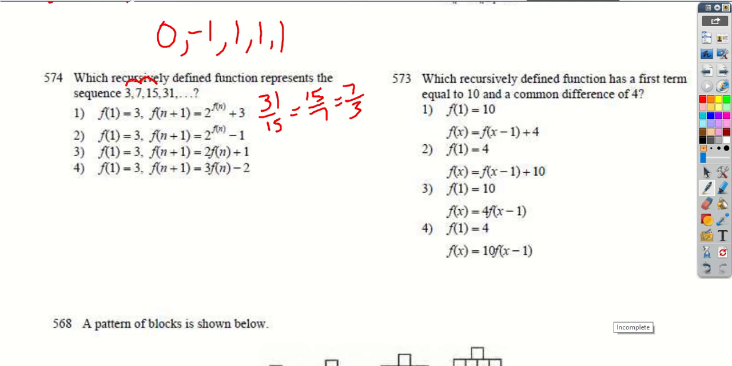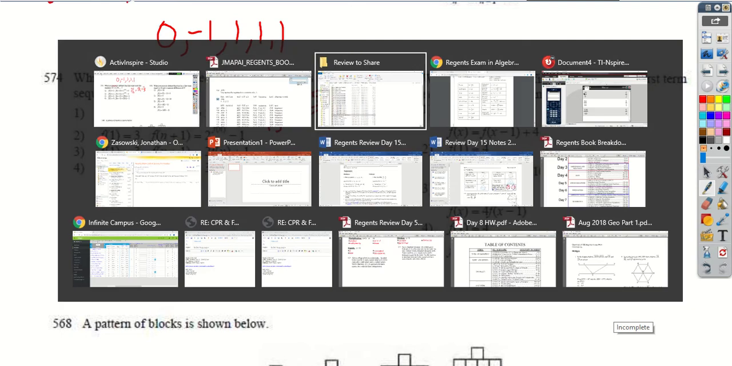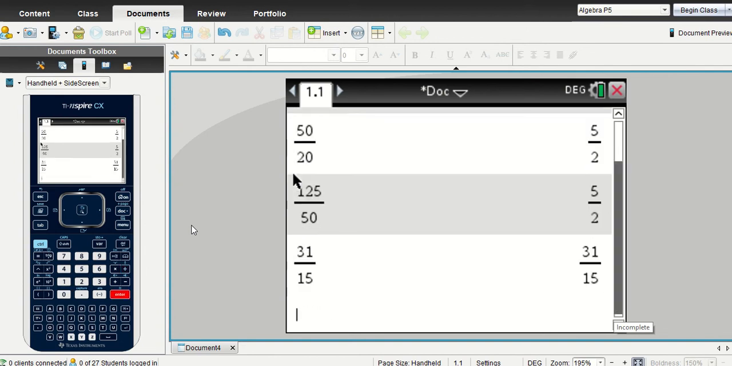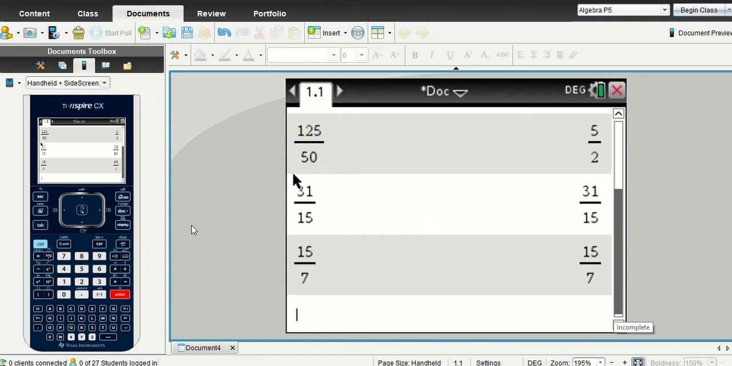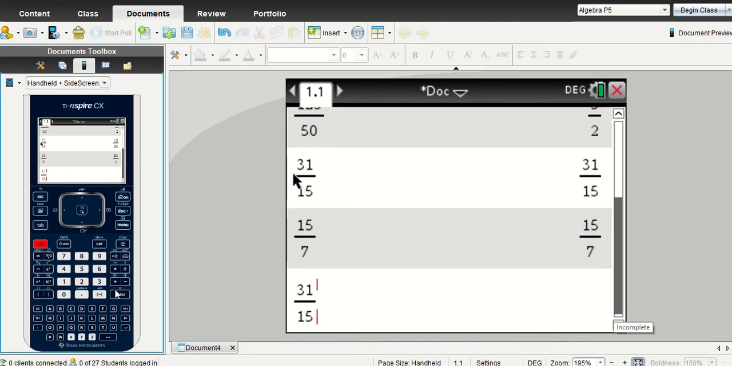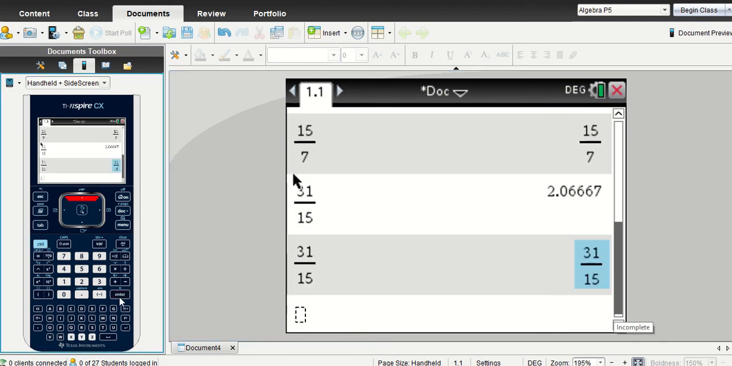That's our first question, okay? We want to know, is this geometric as well? Remember, some sequences may not be arithmetic or geometric. So 31 over 15, right? And then 15 over 7, they're not, guys, they're not the same thing here, okay? Instead of hitting enter, we can hit control enter, and that'll give us the decimal. So you can see,